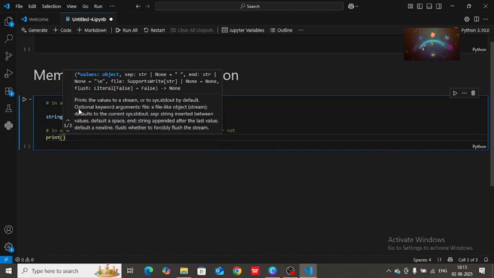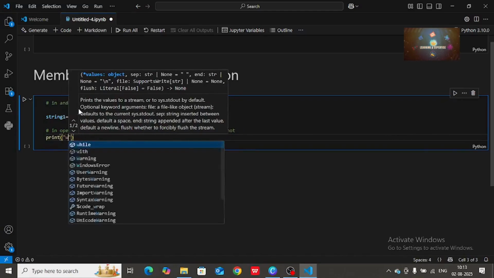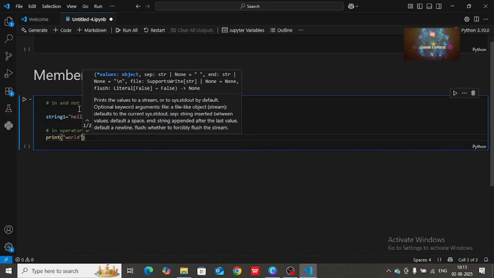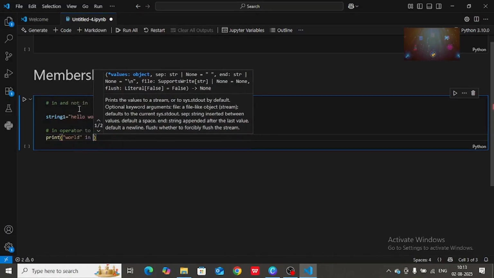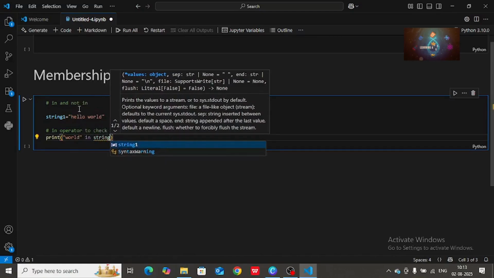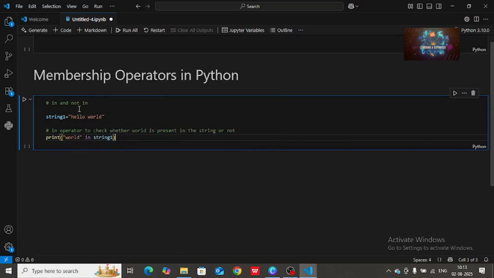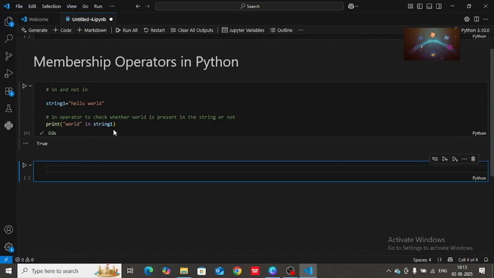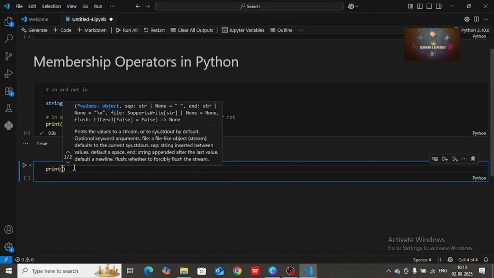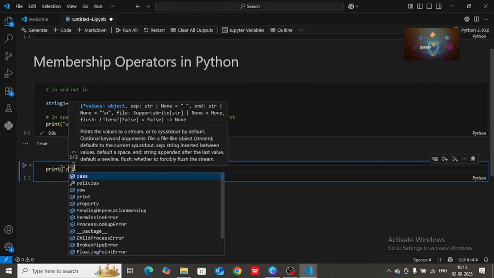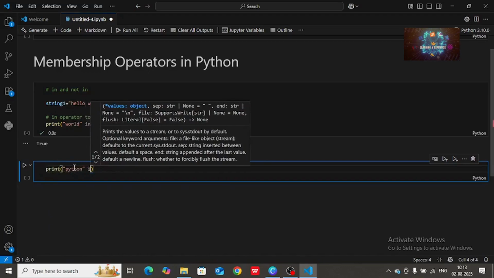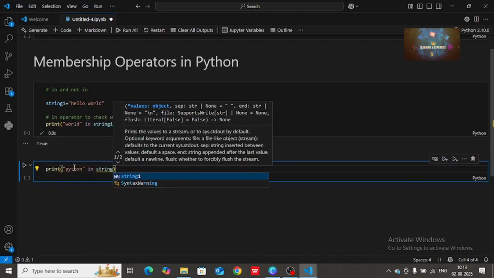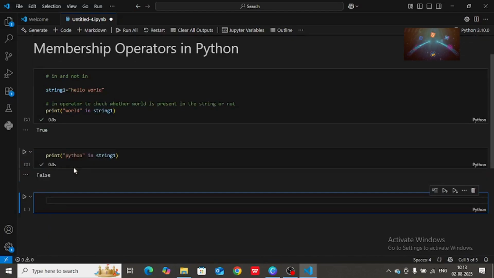We will go with the print statement and give it double quotes, world in string1. This gives me true when I run this. See, world is present in string1, so it prints true. But suppose I give some word like Python which is not in our string1,